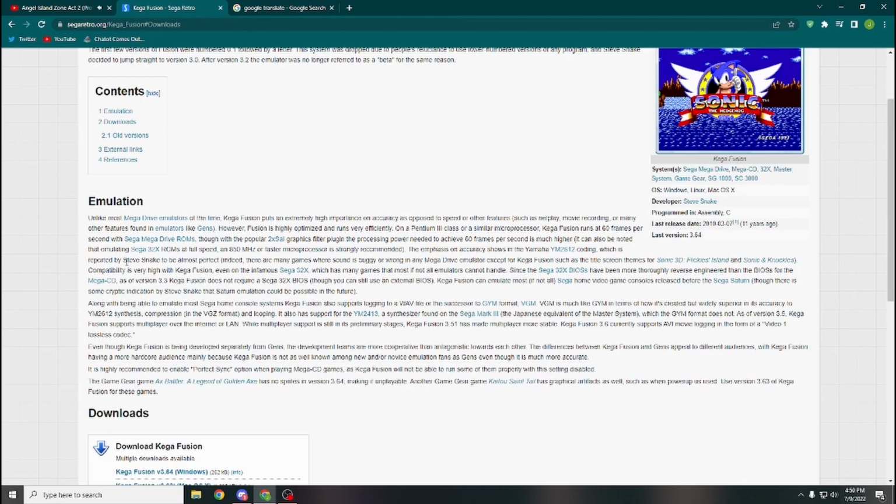It also has support for the YM2413, a synthesizer found on the Sega Mark III, the Japanese equivalent of the Master System, which the GYM format does not. As of version 3.5, Kega Fusion supports multiplayer over the internet or LAN, while multiplayer support is still in its